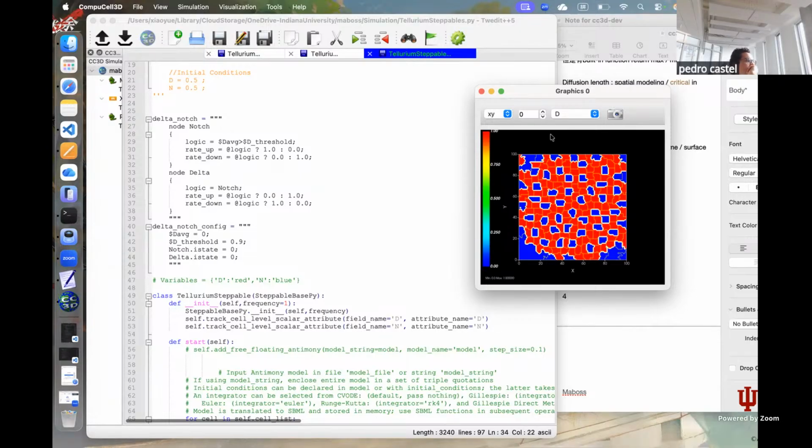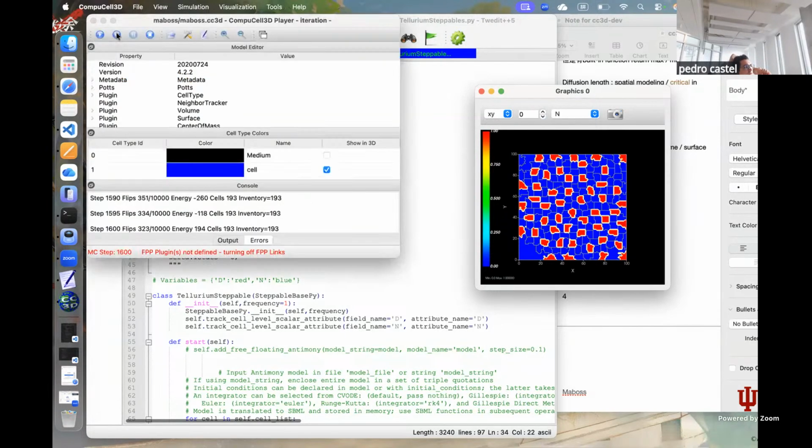So for both delta and notch they were going. You're trying to understand why they blink? Yeah, I think I began to understand the structure, but the blinking thing is